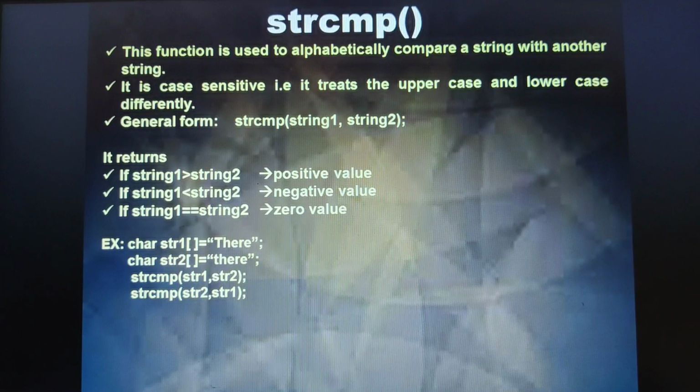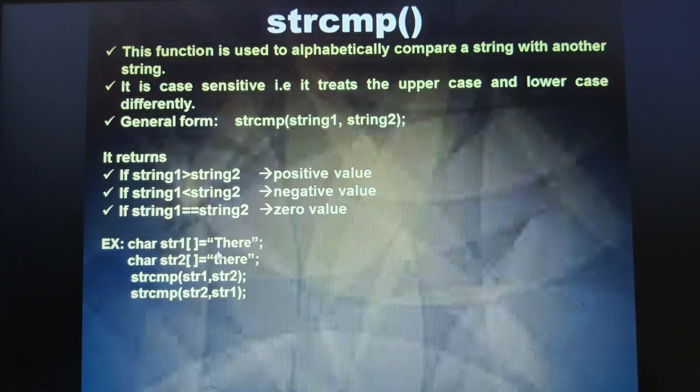Understood? Like this, alphabetically its ASCII values will be compared. The ASCII value of this H is 104. Both are lowercase, so it comes equal here. So E, both are equal, that is, the ASCII value of lowercase e is 101. R, the ASCII value is 114 here, lowercase r. The ASCII value of E, again it becomes 101. So all these will match, but here 84 minus 116 results in a negative value.